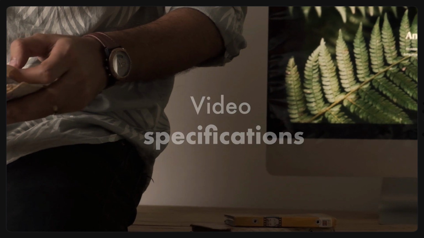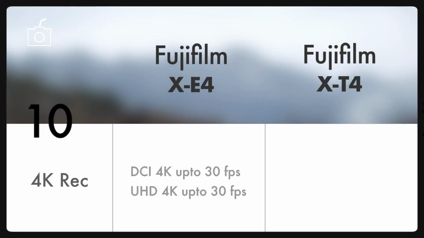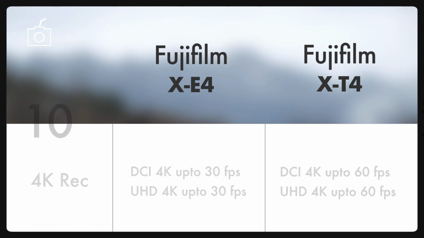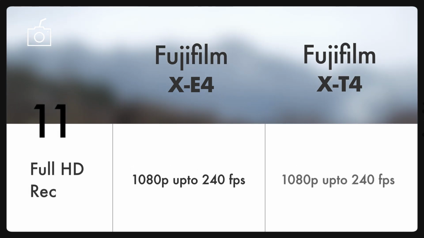Talking about the video, the X-E4 records both DCI 4K and UHD 4K up to 30 frames per second, whereas the X-T4 records DCI as well as the UHD 4K up to 60 frames per second. As far as Full HD recording is concerned, both the cameras can record 240 frames per second with a recording